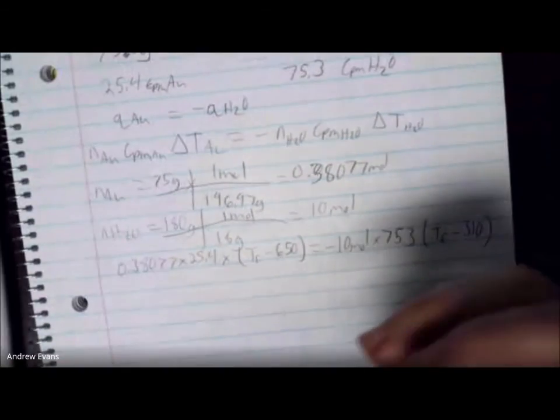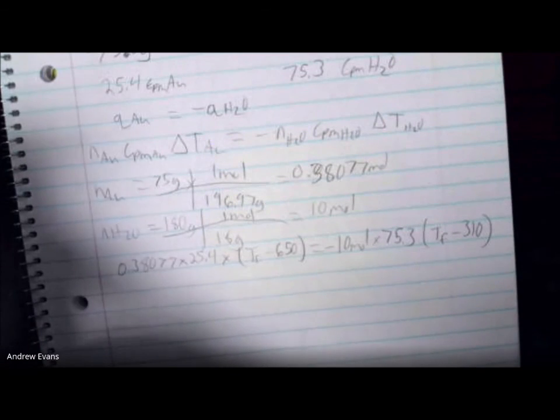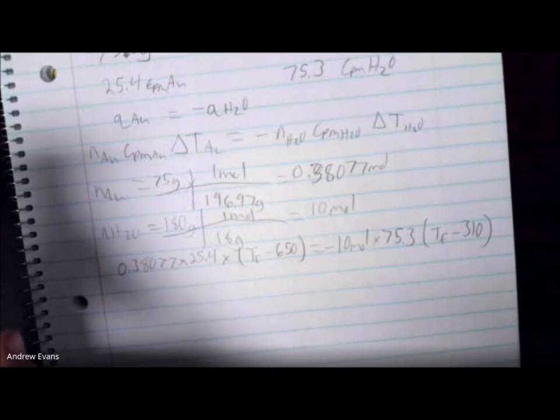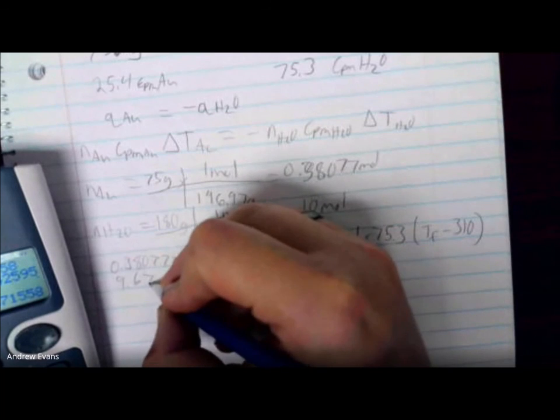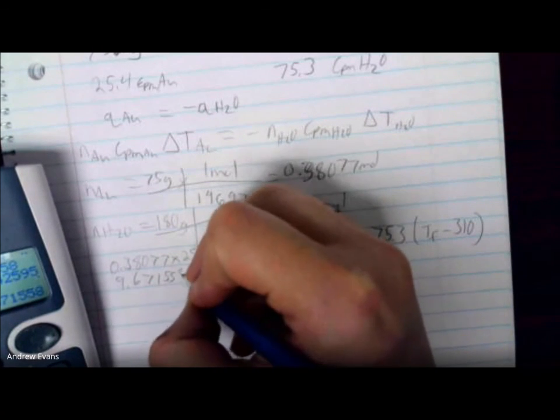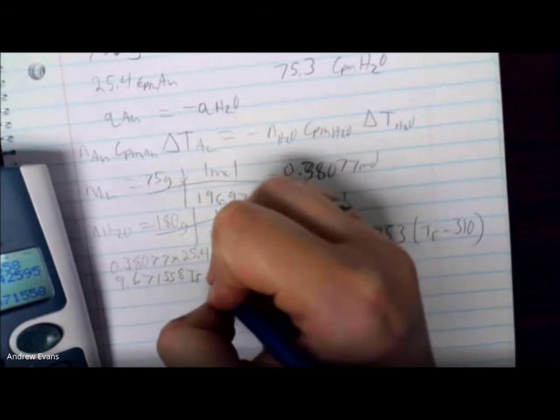And now it's just a matter of evaluating. 0.38077 times 25.4. So we get 9.671558 TF minus